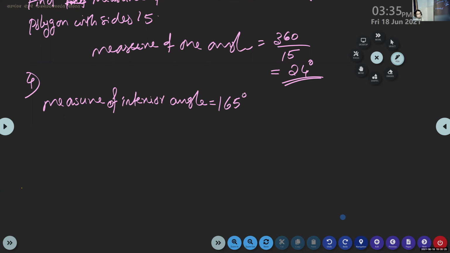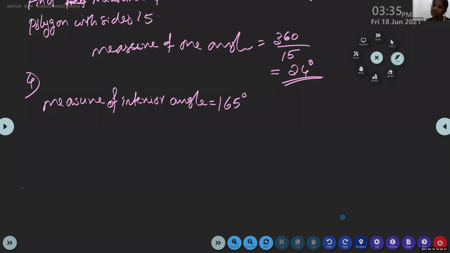And it is a regular polygon, so all its exterior and interior angles will be equal. So the interior angle is given. How can we find the exterior angle then? One of the interior angles is 165, so the exterior angle will be